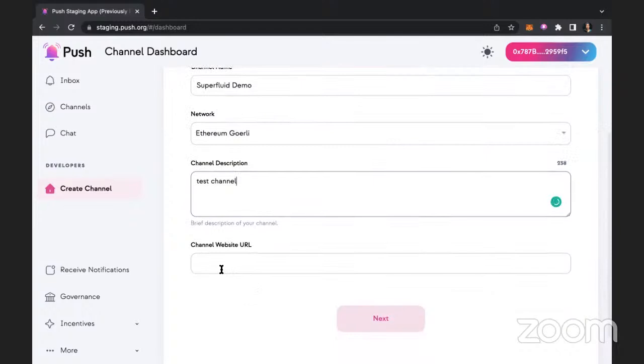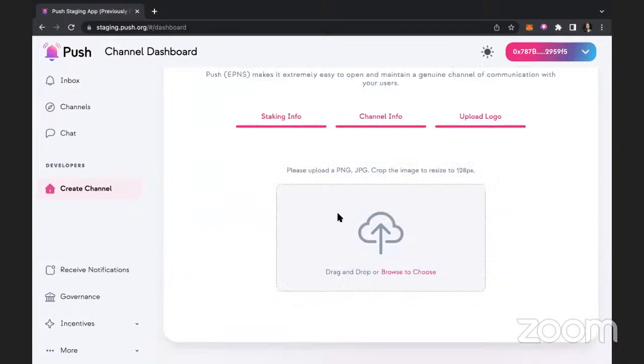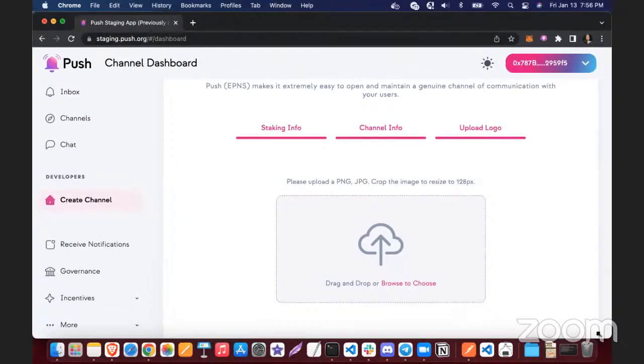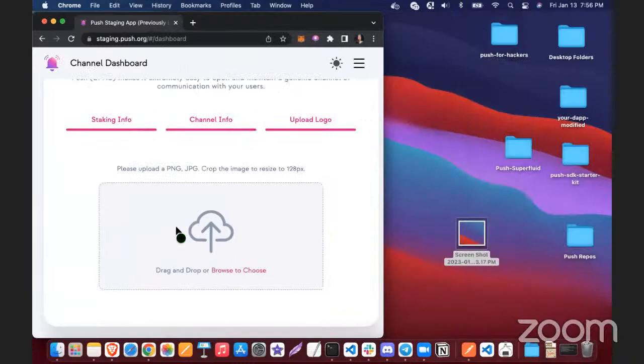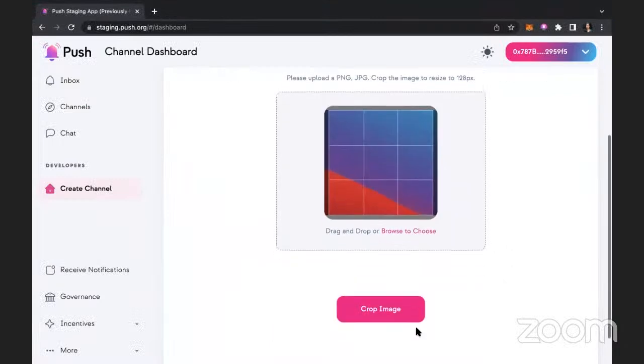Okay, so website URL. In the chat, when you see the channels list and click on the channel, it will redirect you to this URL. So it would basically be your project URL. So I think push.org and click on next. Now, I also have this as the logo. And that's up and